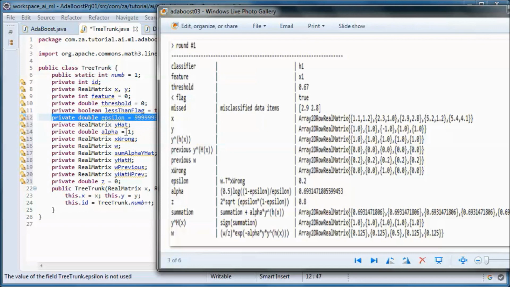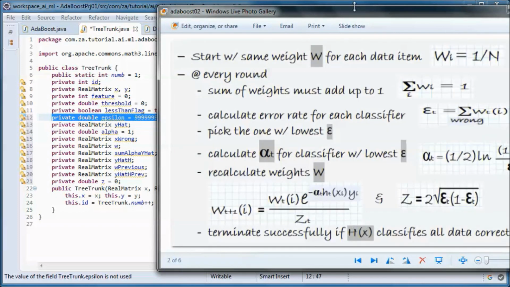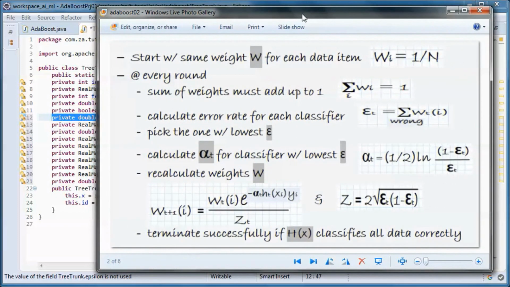And we also keep track of alpha. So here in round 1, this is the number that we found for alpha, and we use this formula to calculate alpha.